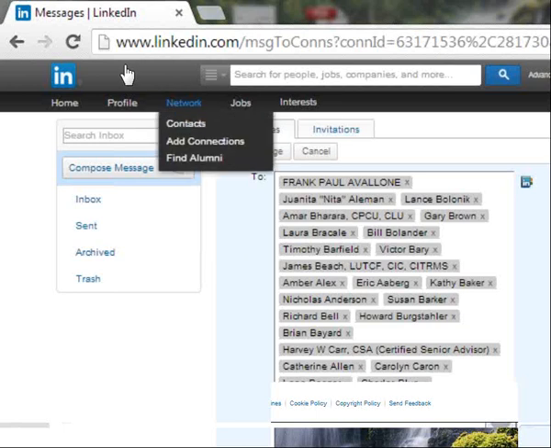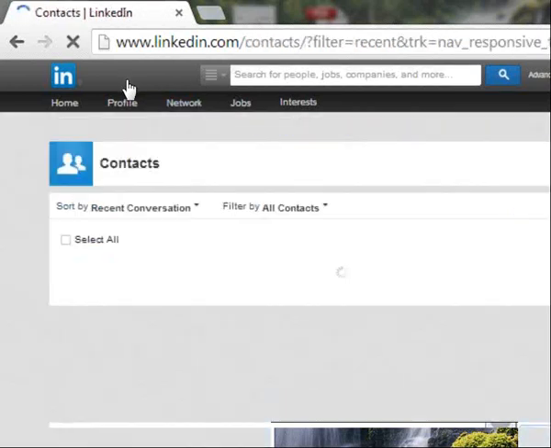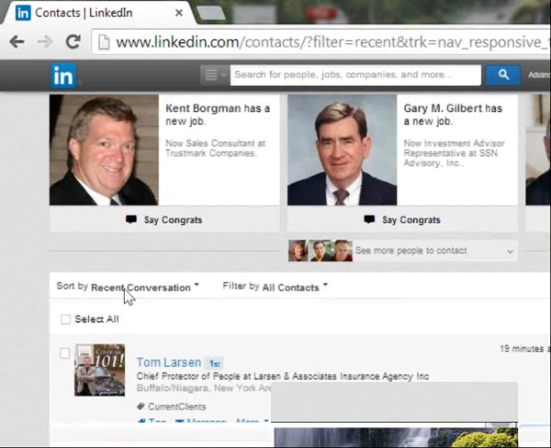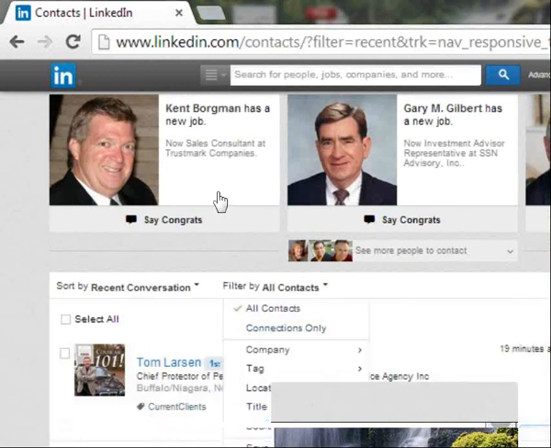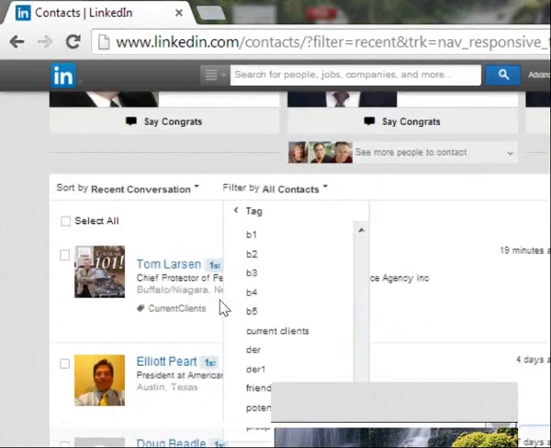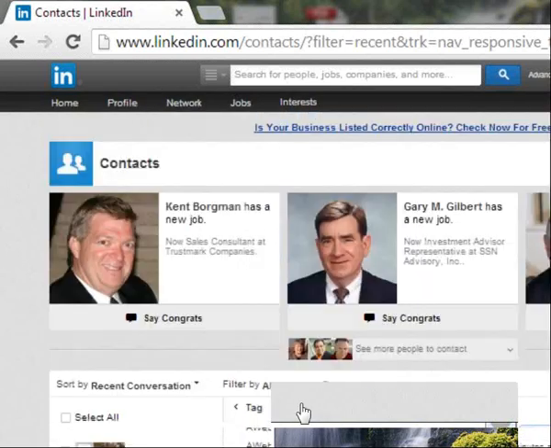Two, you need to make sure that when you go to your contacts that you are tagging these people and you're creating tags. So most common question I get, Ken, what is a tag? Okay, the word tag on LinkedIn, it means folder, okay? So what you can do is you can go in here and click on all contacts, click on tag, and way at the bottom for me, it's not showing up, it will, there should be a folder that says, or a button that says,